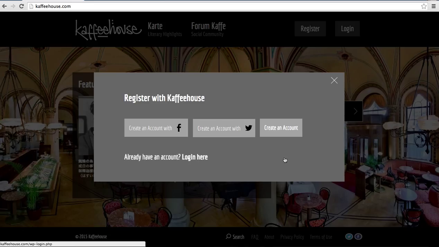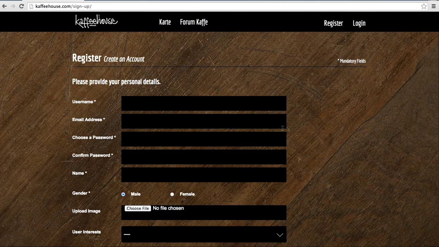The next possible way for you to create an account is to directly create an account with Cafe House. I'll just show you that here. You click on create user. You choose a random username. I just call it test user. It's important that you remember what that username is because you will need it for signing in later. You need a valid